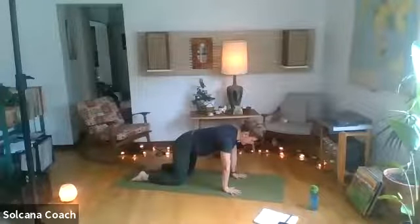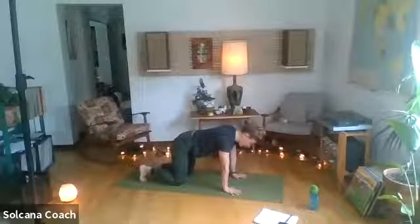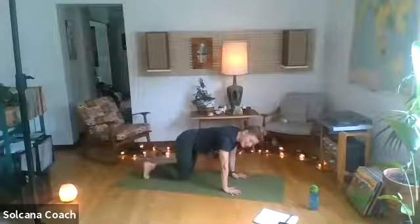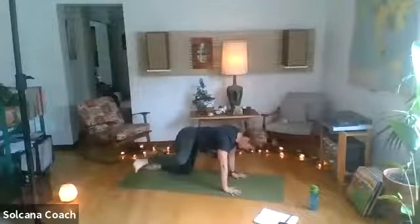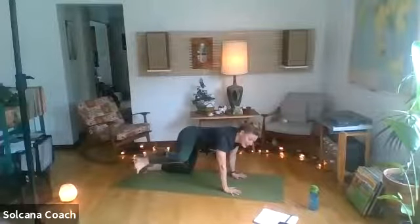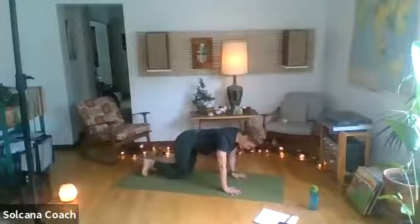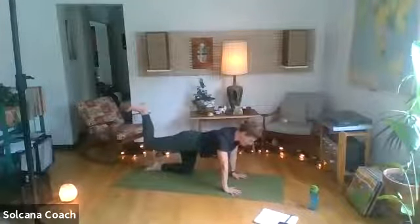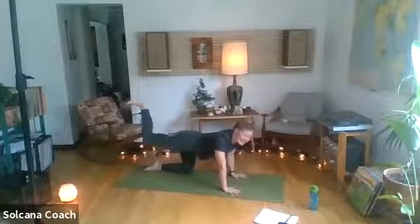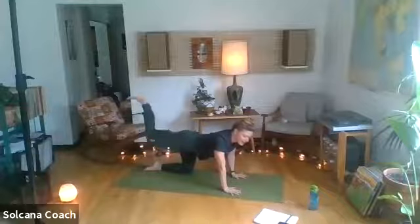And we'll come to a neutral tabletop, flat back here. We're going to tuck just our right toes underneath, and then bring our weight more into our left knee. Our right knee is going to come out for some fire hydrants, just like the dog peeing on the fire hydrant. So we're lifting our right knee off to the side. We'll go for 5 more, 4, 3, 2, 1, and then keeping that 90-degree bend, we're going to bring our thigh parallel with the earth, the sole of the foot up towards the ceiling, and we're going to do some sort of 80s workout pumps, sole of the foot pushing towards the ceiling, up and down, and we'll do 5, 4, 3,